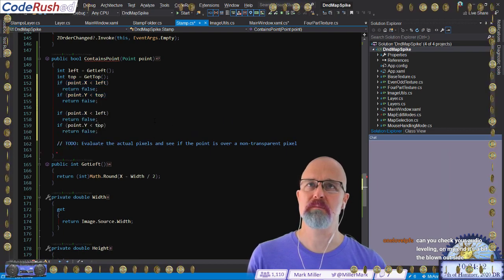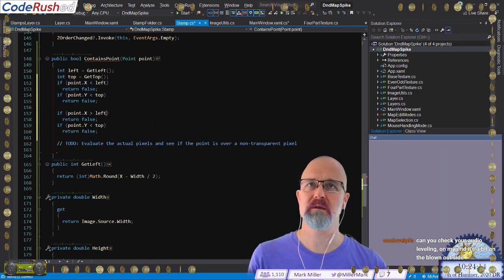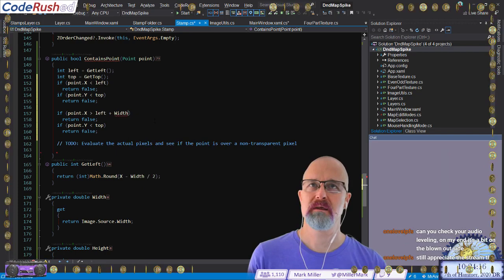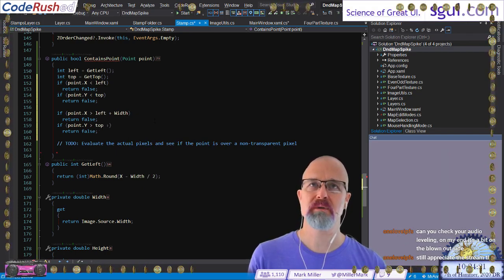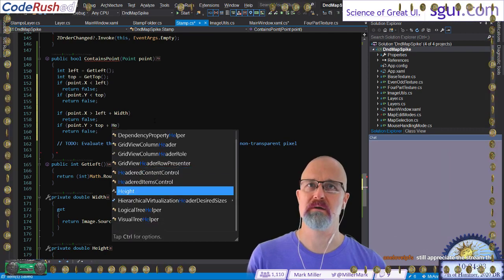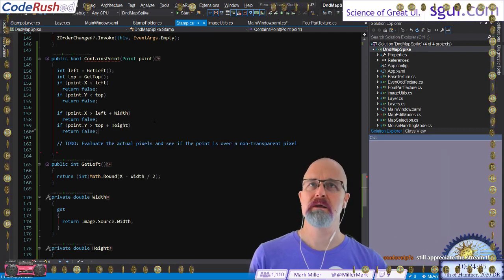And let's keep going down here. If the X is greater than left plus width, then it's too far right, and we're going to return false. And if the Y is greater than top plus height, then we're going to return false as well. So at this point,